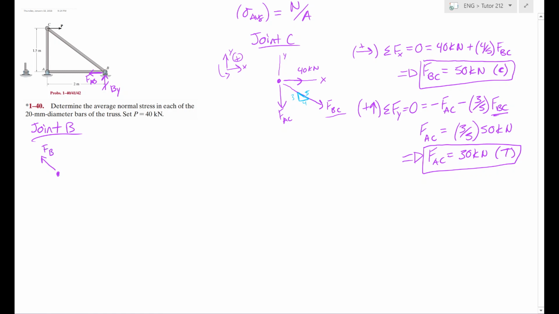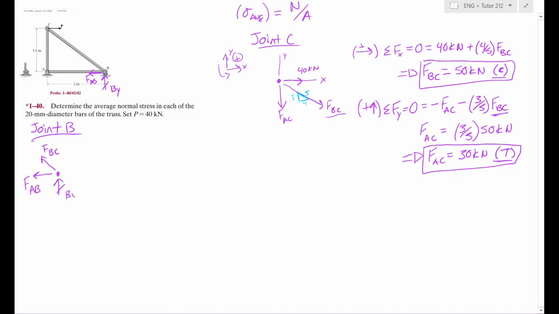And then this is how I do it. When I first started out and I was taking these classes, I would suddenly switch it back around, and then I couldn't remember if it was in tension or compression, or I'd actually have put in a negative over here on the 50 kilonewtons, and that just all confused me. So in my drawings, I keep them in tension, and then when I'm writing down the actual magnitudes and directions of the force, I write compression or tension, and then when I'm substituting it back into the equilibrium equations, that's when